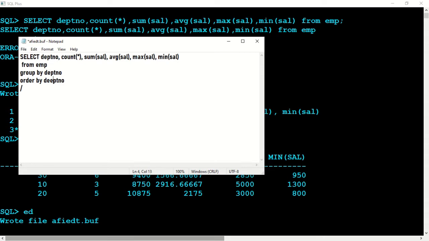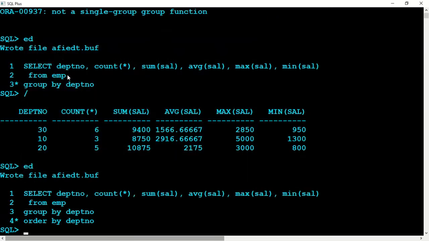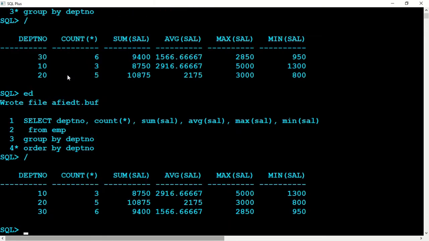Okay, now that is too easy. Okay, department number, save it, Alt F4, save it, I'll say slash, enter. So now department number is ordered, say 10, 20, 30. Okay, in department 10 there are 3 persons, department 20 has 5 persons, in department 30 there are 6 persons working in those